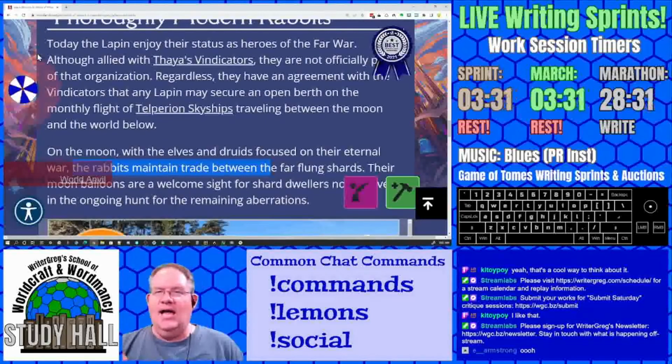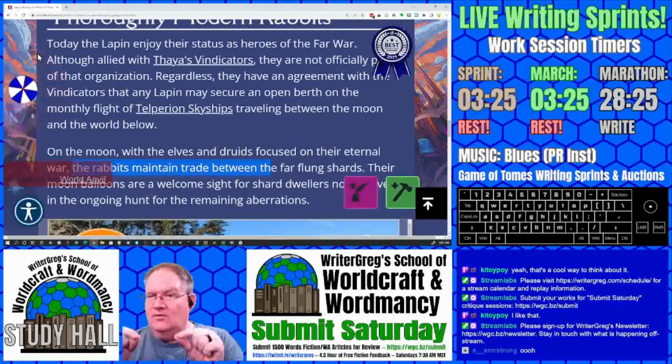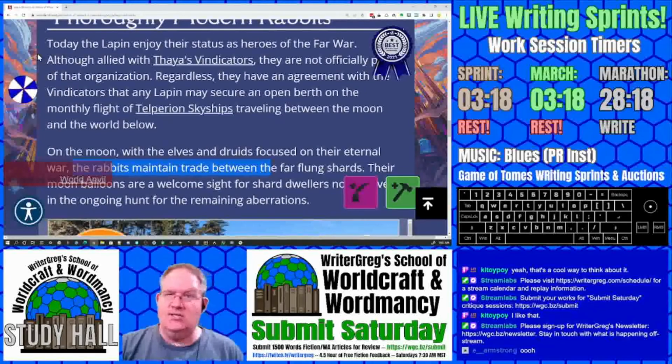And then as a launching pad into stories, you can pick different characters from each generation. What was a first generation Lapin like? What was a second generation? What was the third? What was the fourth generation Lapin like?